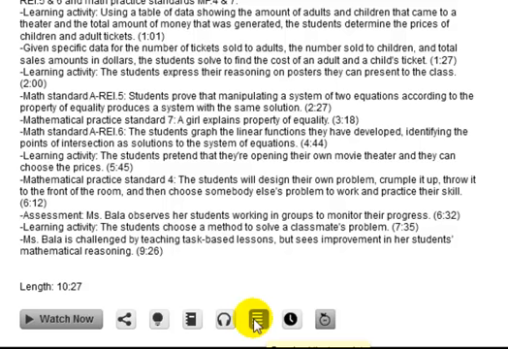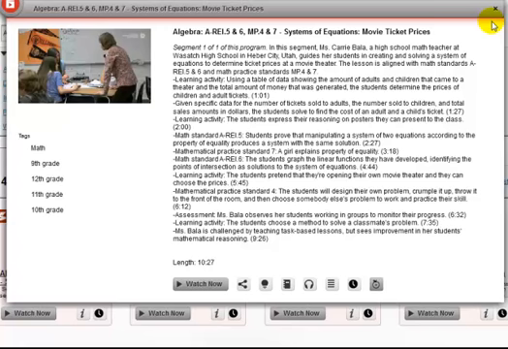Then there is that same clock icon that you saw earlier. It is for watching the video later. And the last icon is the PD360 Apple logo. This icon shows that you can look at related resources on the PD360 website for this particular standard and this video. I'm going to close the pop-up window with the little X in the top right corner,